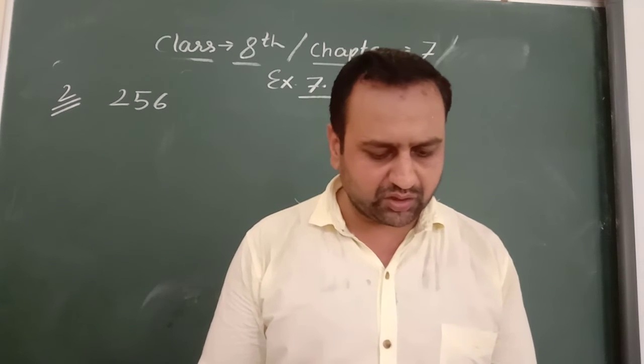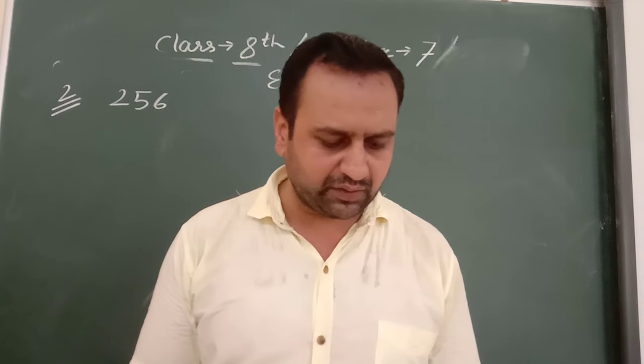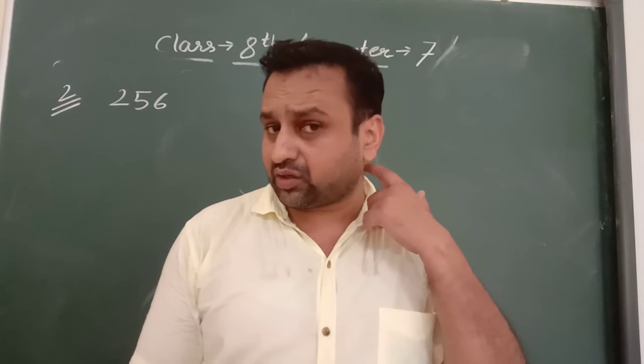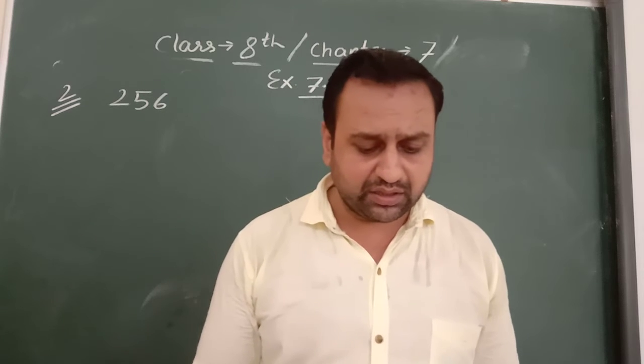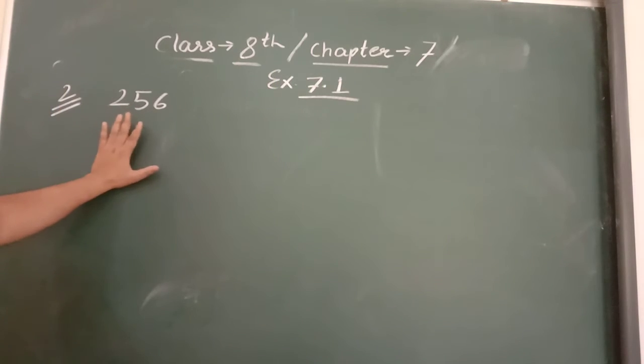Now question number 2: find the smallest number by which each of the following numbers must be multiplied to obtain a perfect cube. It means if a number is 256,